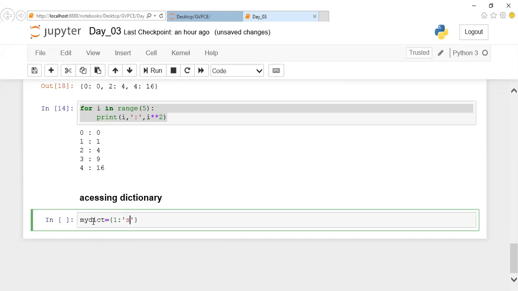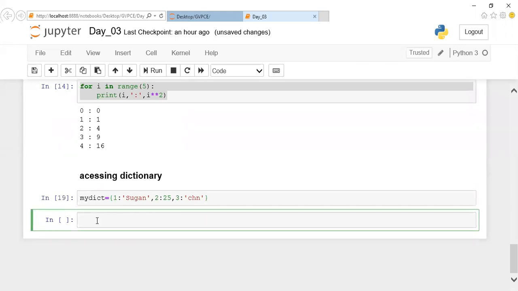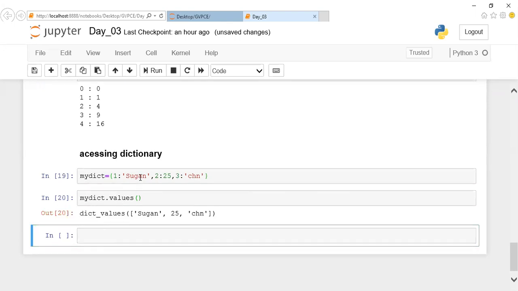Right now let me initialize here: 1 assign Sugan, 2 assign 34, 3 assign 25, some values I'm giving, keys and values. Now let us take this particular dictionary, and here I want to fetch only the values. In those cases I can mention dictionary dot values. So only the values will be fetched from the dictionary.